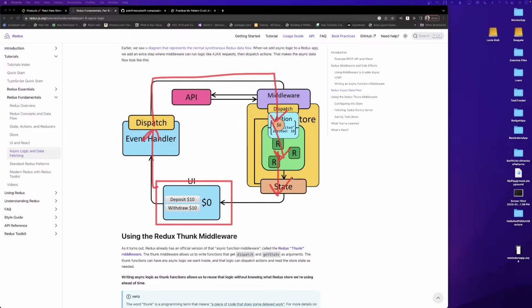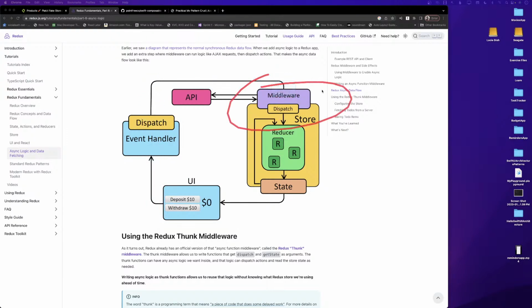Okay. Now, meanwhile, if in that process you're like, well, I want to also get the data from an API and I want to put it in the global state, then that is where the middleware comes into play. So you can already see there are so many different moving parts if you want to implement Redux in your SwiftUI application. And once again, I think Redux is already built in the form of environment object. So if you want to build Redux, you have to have a very good reason why you're doing that, because it's already kind of built in.